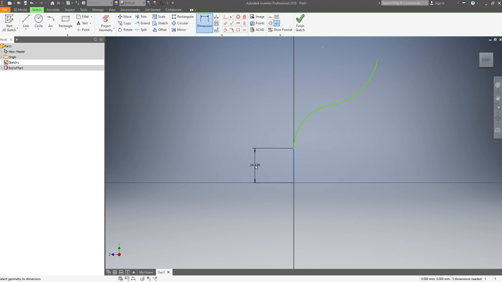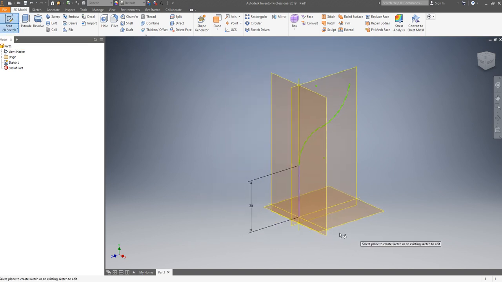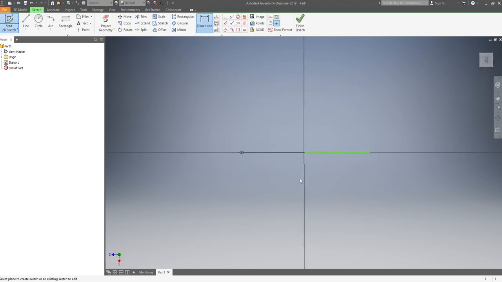Dimension over there. 5, 30. Okay. Let's create the profile. So this one, make a circle.